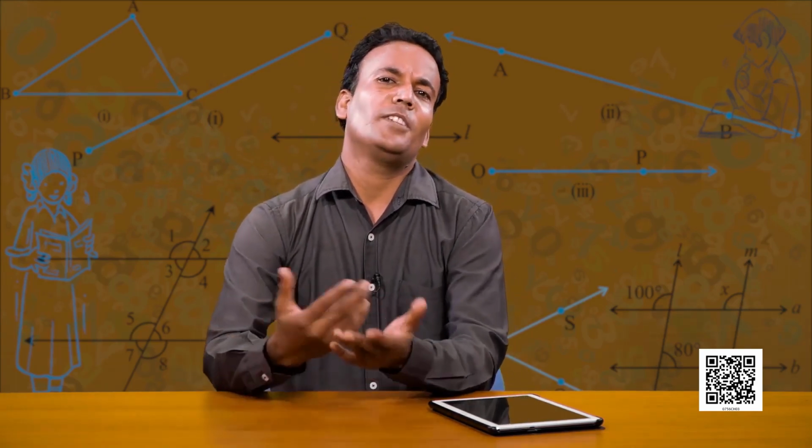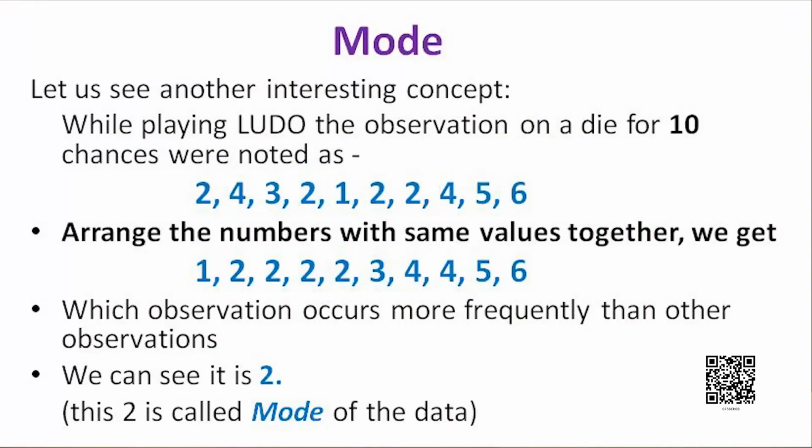Why do we arrange the data? You studied this in class 6th also, but again I would like to tell you, we arrange the data for our convenience, so that it is easy for us to find things out. We can very easily find out which is the smallest, which is the highest, and which number is in the middle also. Then he arranged the numbers with the same values together. What did he find? That 2 is the number which is coming most of the time.